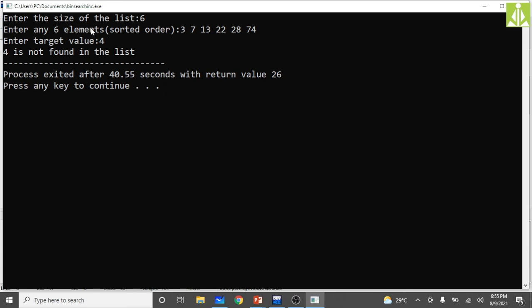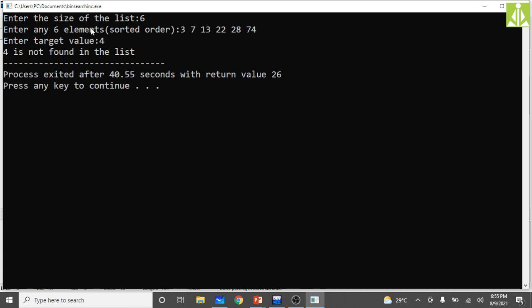So we said linear search is an inefficient technique to apply when the list size is huge, and if your target is not there in the list, we need to perform a huge number of comparisons before concluding that the target is not found. Simply we can say we need to compare our target with almost all the elements present in the list.